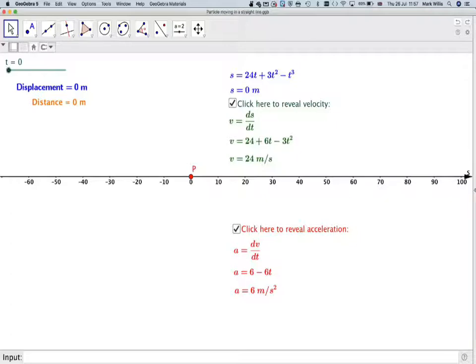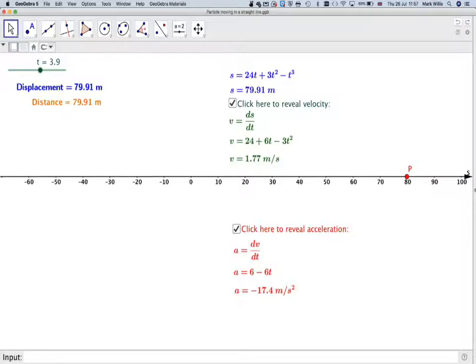As t moves along, the displacement is in a positive direction, and the velocity is in a positive direction. When t gets to 1, there's no longer any acceleration. So let's go back to 1. The acceleration is actually 0, and then it starts acting in the negative direction. So it's going to make the particle P slow down, and then eventually it will get to 80 at t = 4,